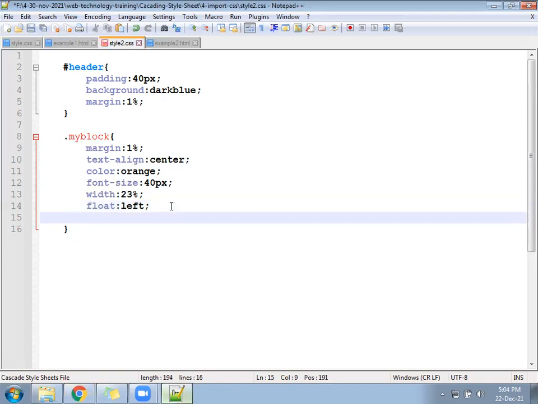Background, if you add, then it will be clear. Background, which color? Orange you have given. Give pink as a background.